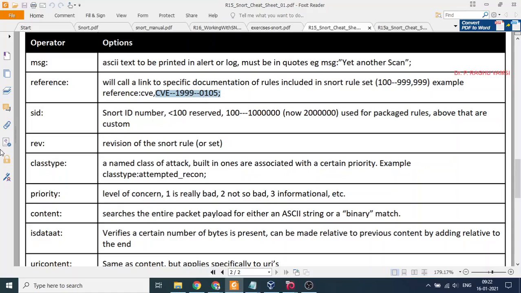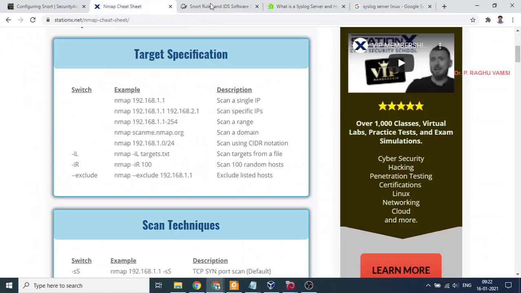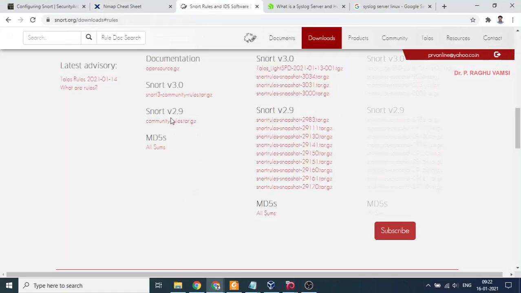The reason is, if you look at the Snort rules, the community rules are very small, maybe in 2 KBs. But if you look at the Snort snapshot 29170.tar, if you click this, it will be more than 100 MB.